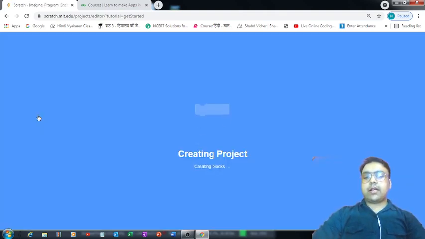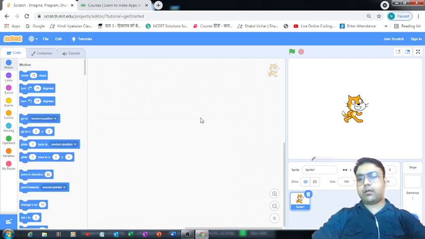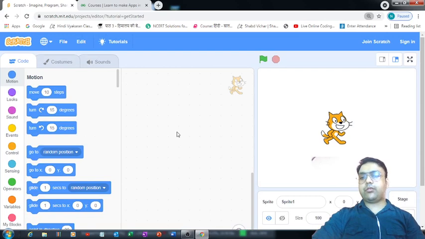So there on the Scratch environment, it looks something like this. This is the Scratch environment which I was talking about, and it is divided into 3 different sections. The first section consists of all the blocks you can use for coding your sprites or objects. Then this second section is known as the coding space or coding workspace. You can drag and drop the blocks over here, and you can define your codes in this workspace.